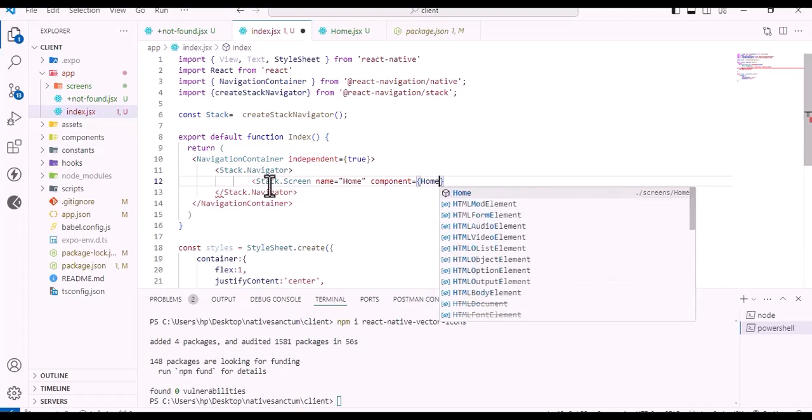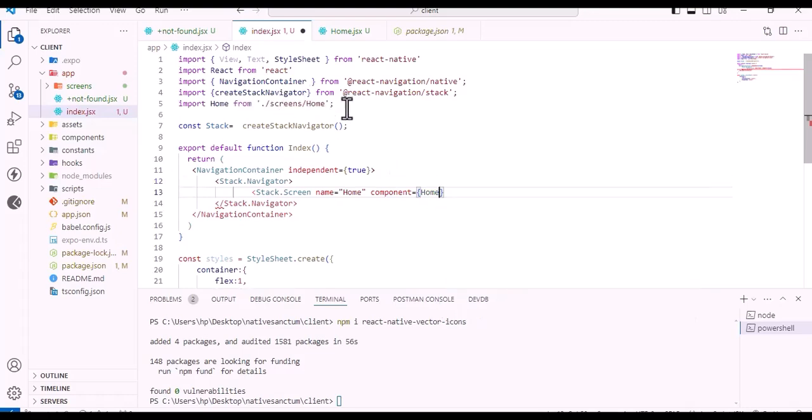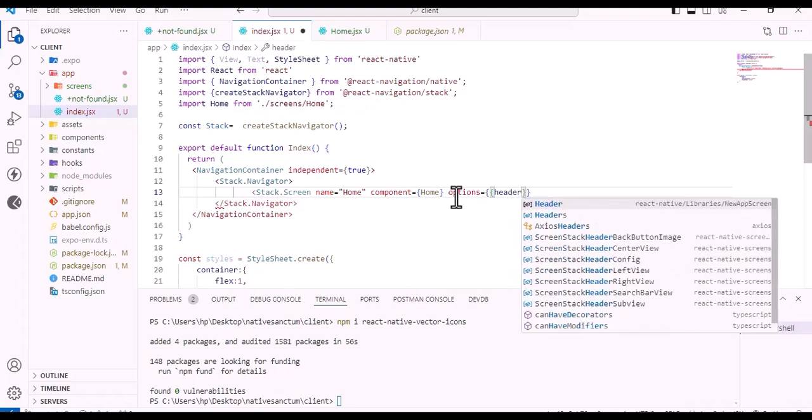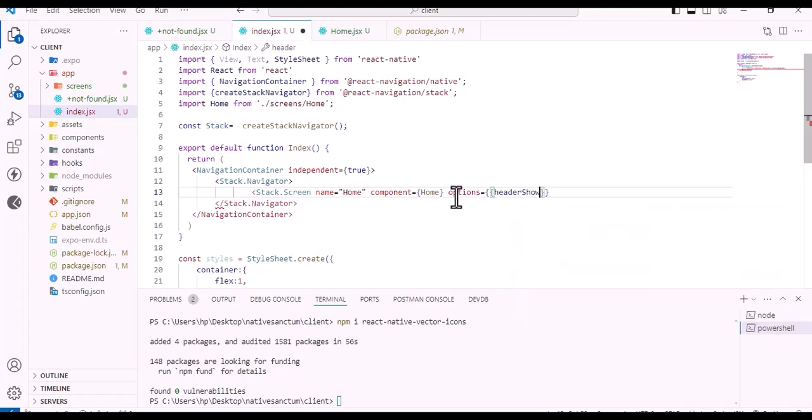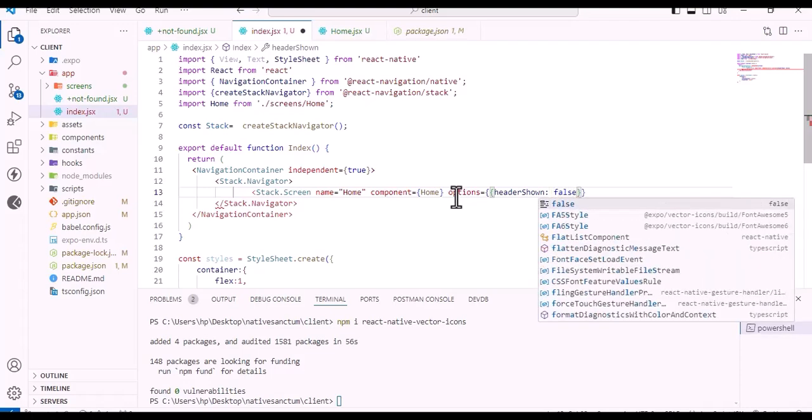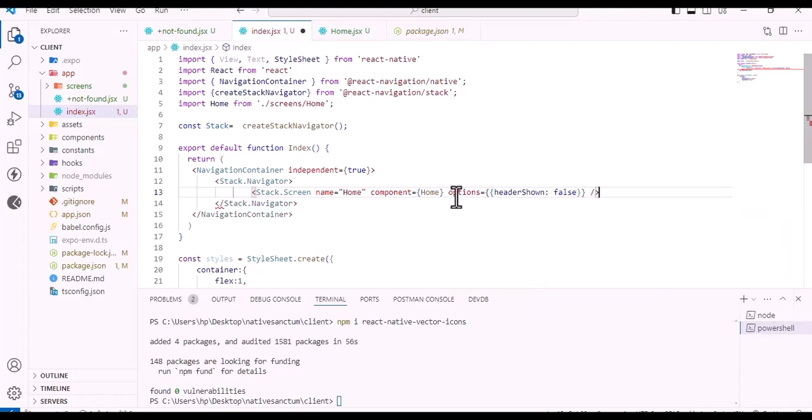So let's import it. As you see, we import it from home. Now we can set options, header shown. We do not want to show the header, so we make it false. That's it. Now if we save it and return back to our emulator,